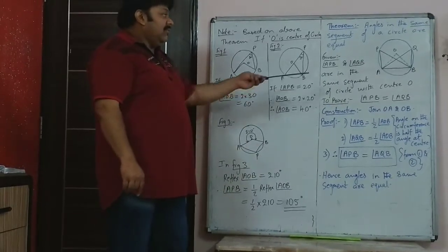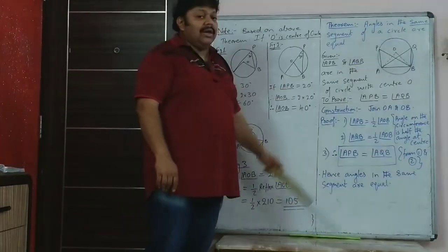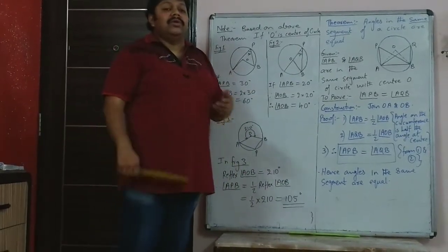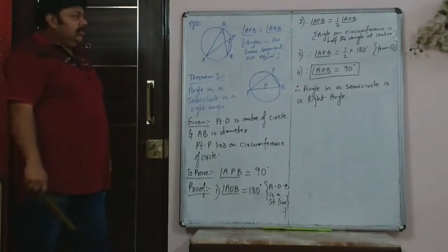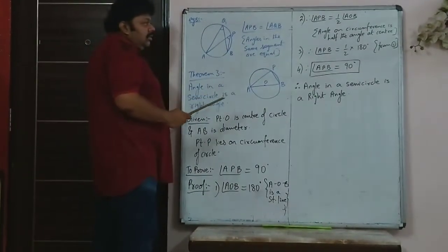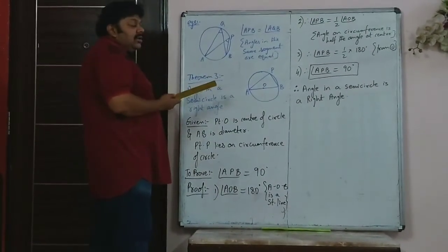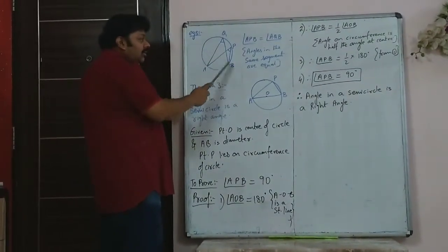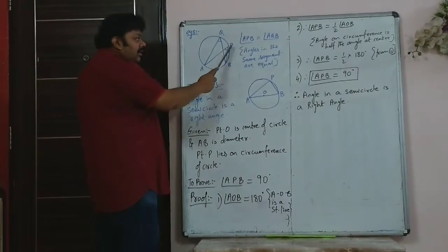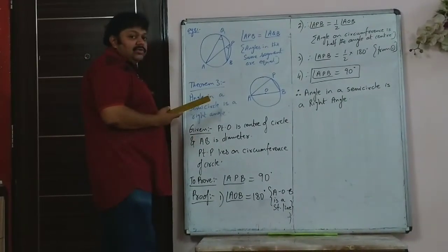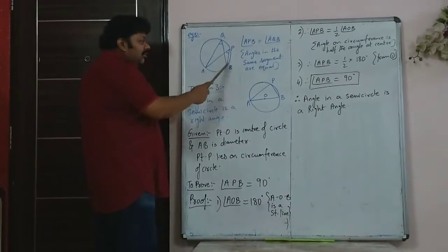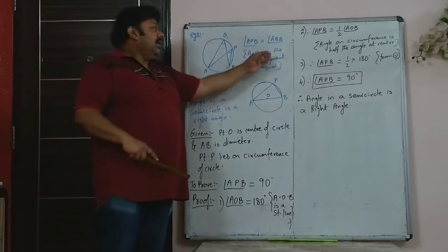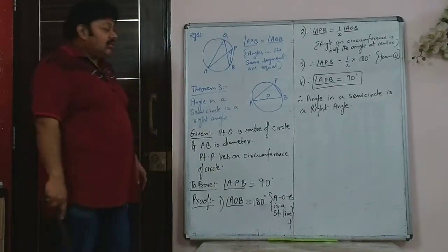I'll give you a couple of examples to understand that, just like I gave you for theorem 1, and we will proceed with theorem 3 and 4. So now here you had said that angles in the same segment are equal. Now AB is the same endpoints for angle AQB and APB. P and Q are both points on the circumference of the same circle. So angle APB and AQB will be equal. You can directly write this and say angles in the same segment are equal.